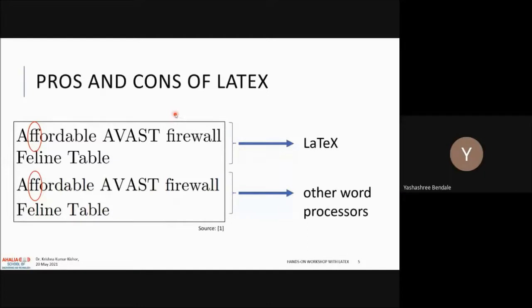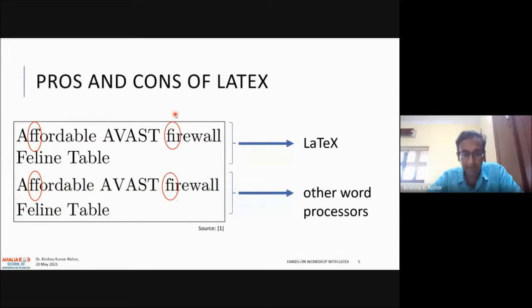In the first line, firewall. Right. If you look at the way it is written, in firewall the dot on the I is merged with the F. This is what I mean by typographical quality. In Word you type F and I, you get F and I. There is no further processing on that. Whereas LaTeX understands that you typed F and I together, so it merges these letters in a more beautiful manner. Good. So these are other examples. Anything else?